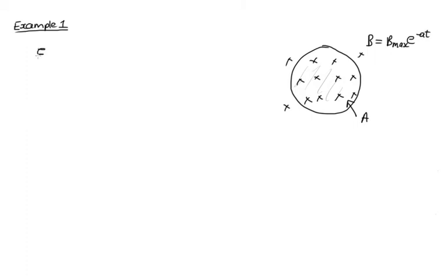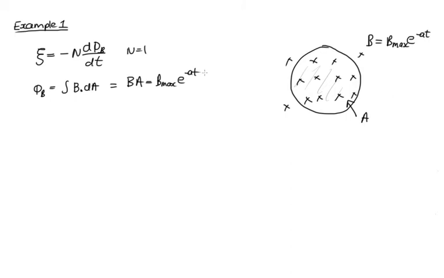Okay, so Faraday's law tells us that the induced EMF is equal to minus N d phi B dt. Now in this case, N is equal to 1. We've only got one loop, and phi B is equal to the integral of B dot dA. Now in this case, the area isn't changing, so it just ends up being B times A. And so this is equal to BA, which in our case is equal to B max e to the minus at times A. So now to work out the EMF, we've got minus d